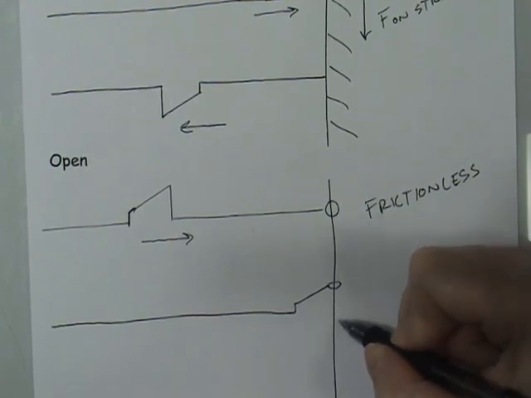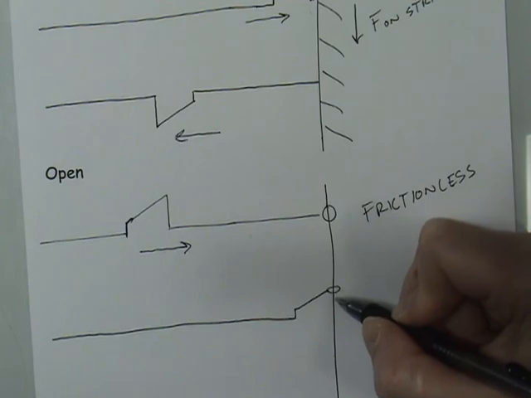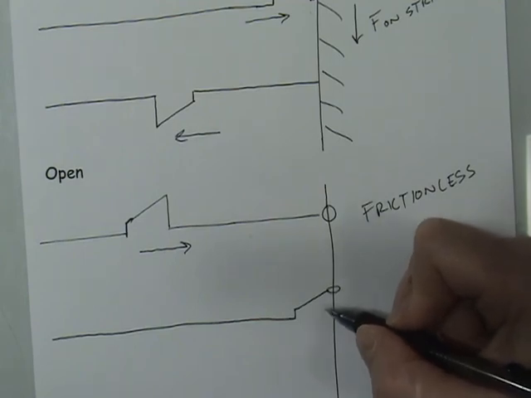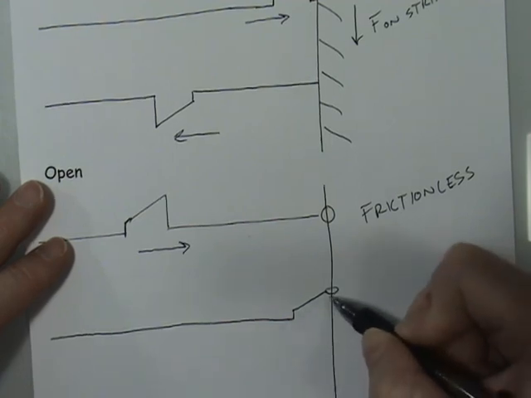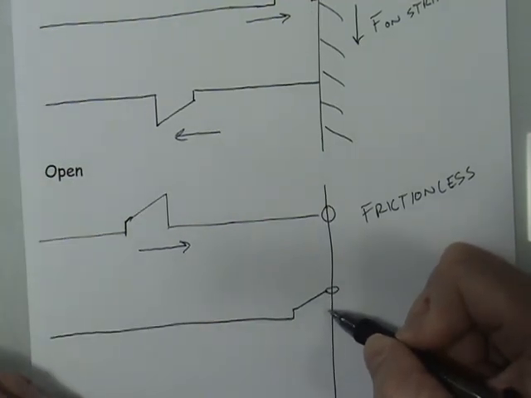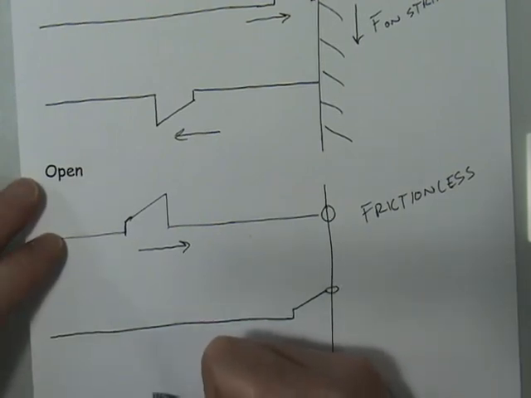Now, because the ring moved up, as soon as the ring begins to move up, it begins to exert a force back on the string. But because the ring is moving in the upward direction, it exerts an upward force on the string. So when the pulse goes back, the pulse will be flipped because look, the taller end hit first. So that's the first part that's going to be reflected. So it is going to be turned backwards